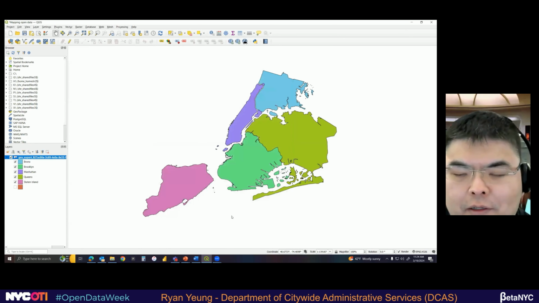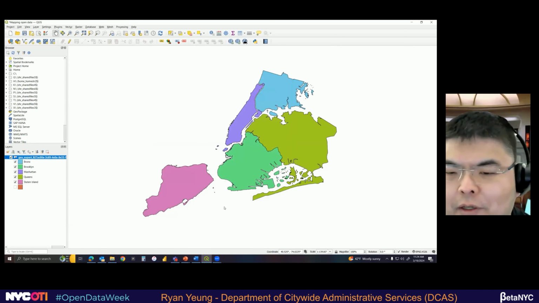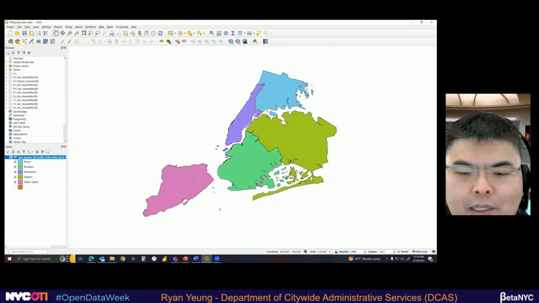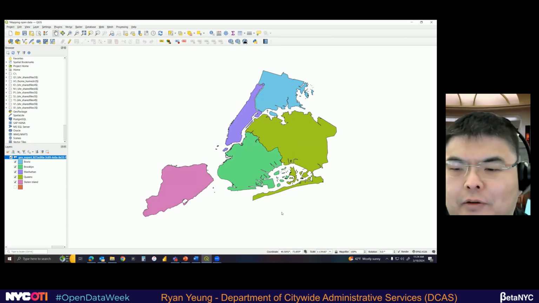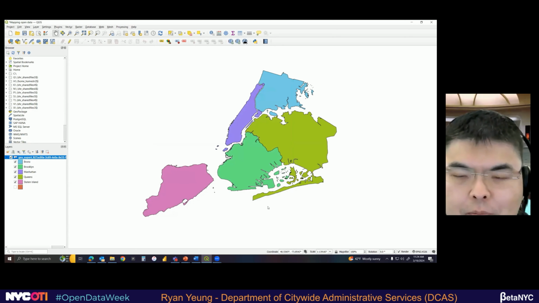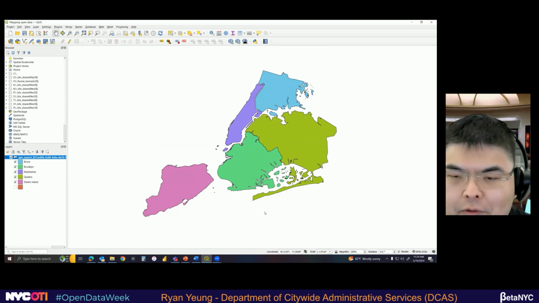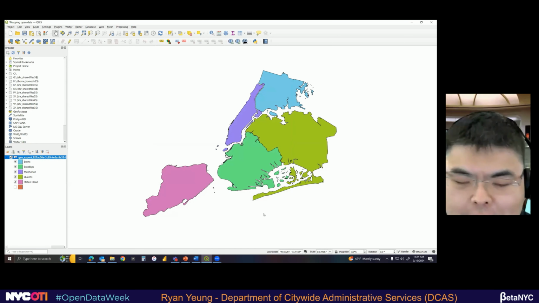Then okay. And that's a little bit better, right? Now we can at least see each of the different boroughs in a different color instead of the Pepto-Bismol pink. It will be even clearer though if we had labels. What do each of these different shapes mean? How do we add that?